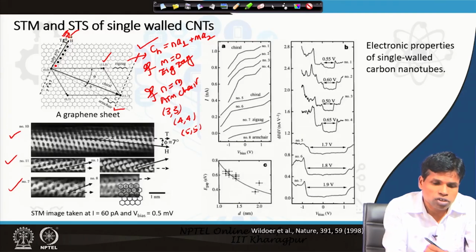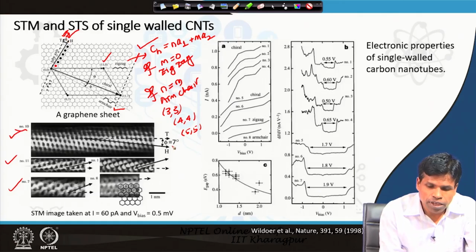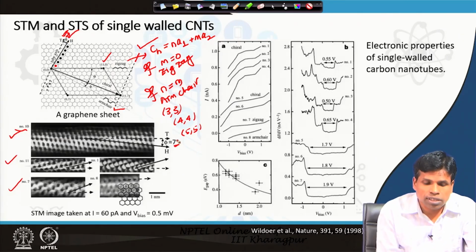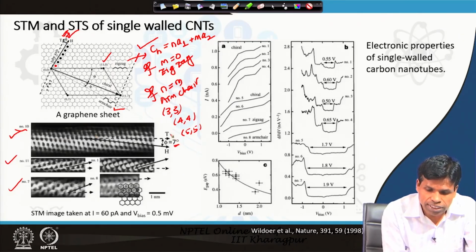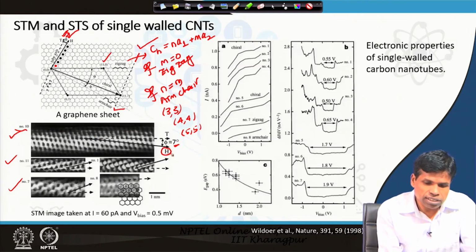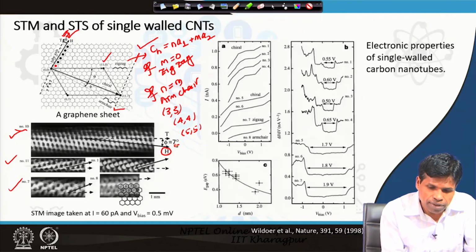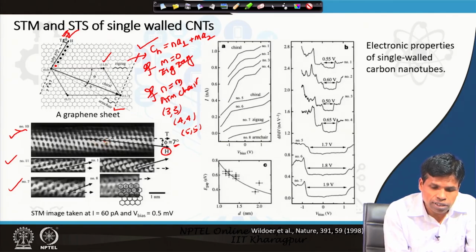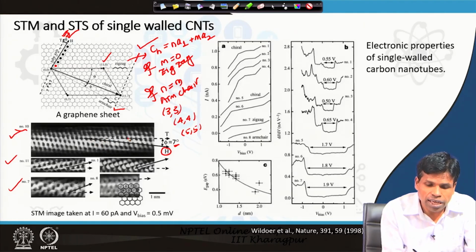as you see when it is rolled up, these hexagons are at a particular angle phi from the tube axis, that is called the chiral angle. In this one type of tube, say tube number 10, this chiral angle is 7 degrees. That means from the tube axis to this edge vector axis, we can have 7 degrees. Now, one can actually measure how these hexagons are aligned along the tube axis,